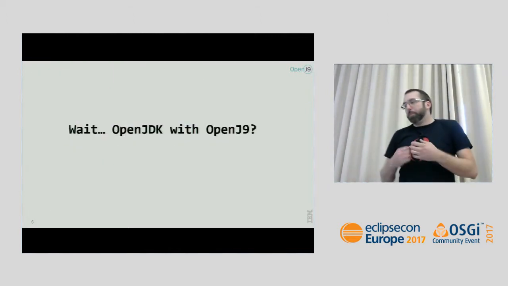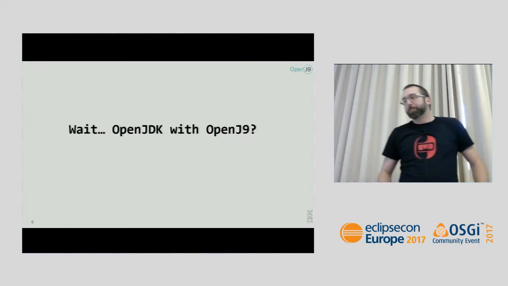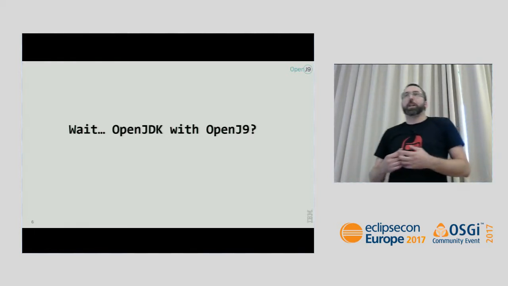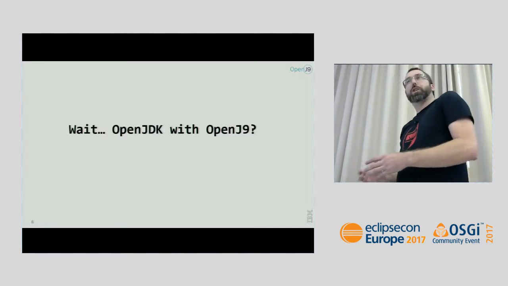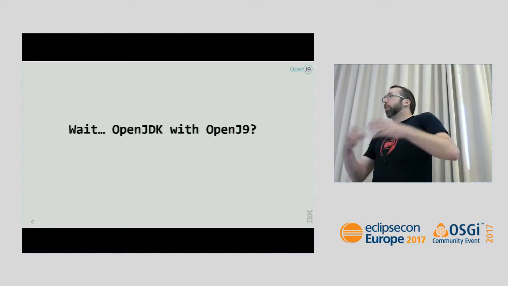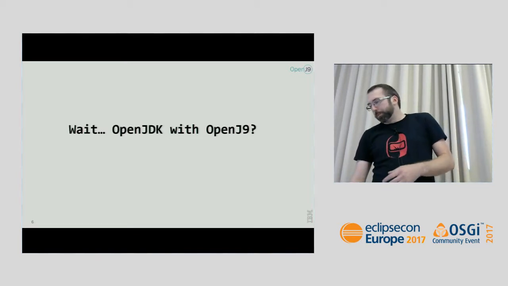The main thing here is I keep saying OpenJDK, and I'm talking about our OpenJ9 project. Why do I keep saying OpenJDK? That's because OpenJ9 is actually just the virtual machine part itself. It's not all of the class libraries. We still rely on all of the class library portions. And if you've